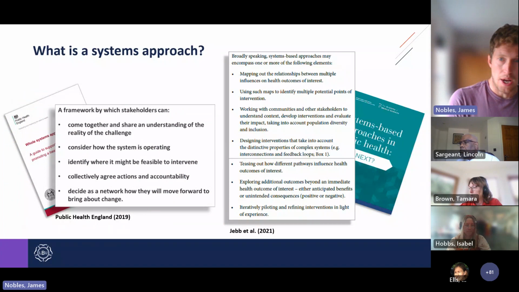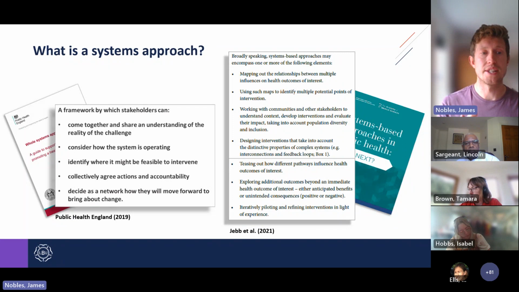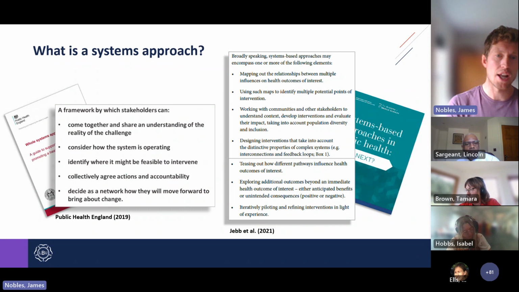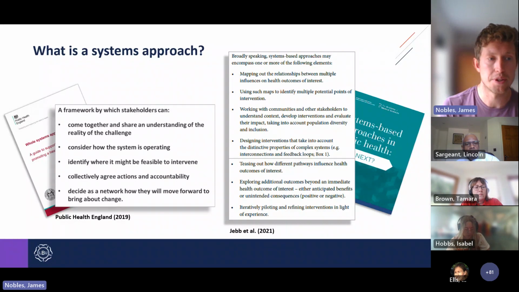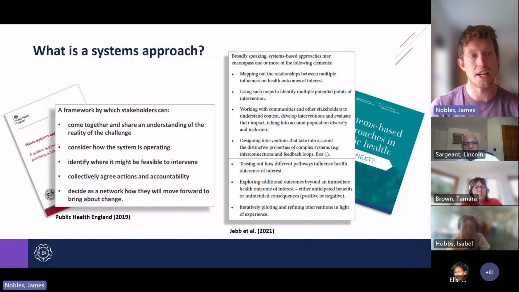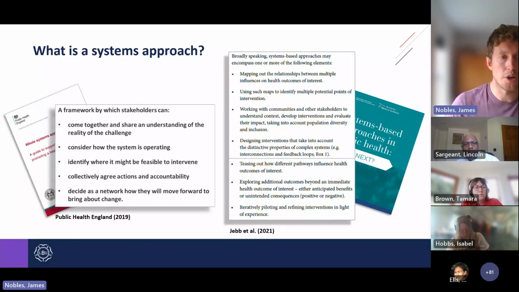There are quite a few different definitions for what these mean, but in the context in which I'm talking about this today, on the left-hand side, this is very much what I mean. And I really quite like the definition on the right-hand side, which was included in an Academy of Medical Sciences document late last year. From my perspective, in the Public Health England guidance on how to develop a whole systems approach to preventing obesity, we defined a systems approach as a framework which